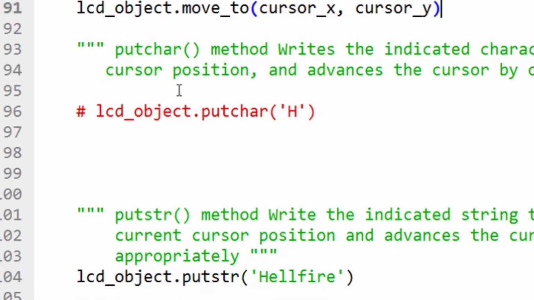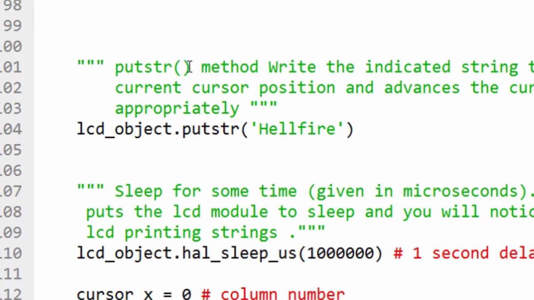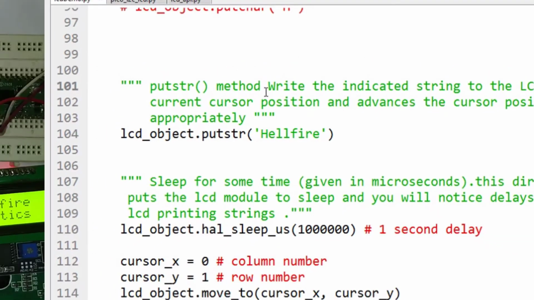And now there is a method put_char. If you want to put a particular character, I am not using it because I want to put an entire string or a sentence. I do not want to put individual characters. So you can also use put_char, but I am using the put_str, put string method.